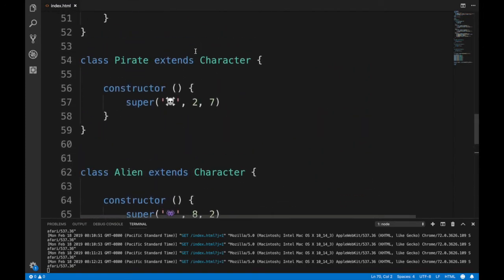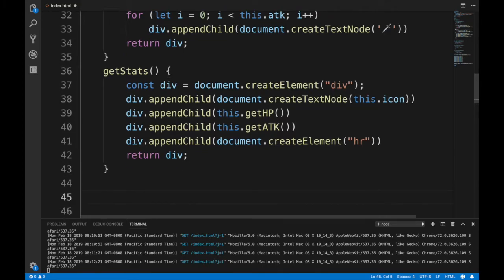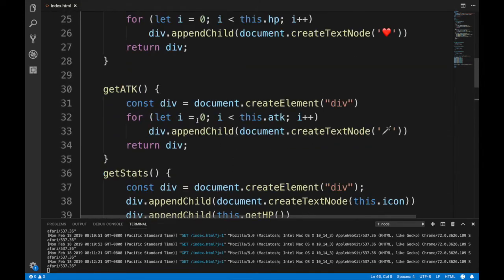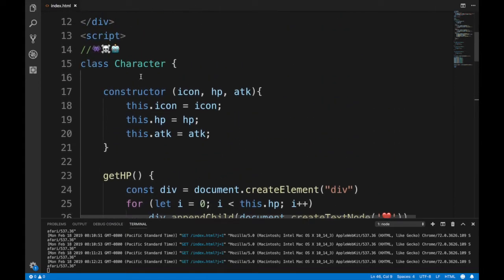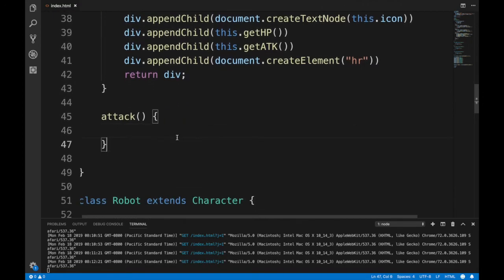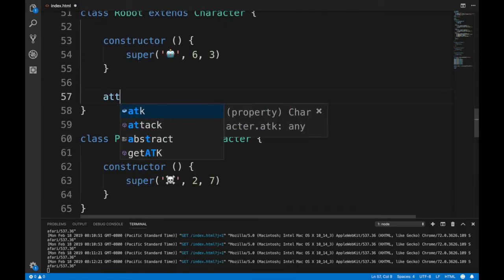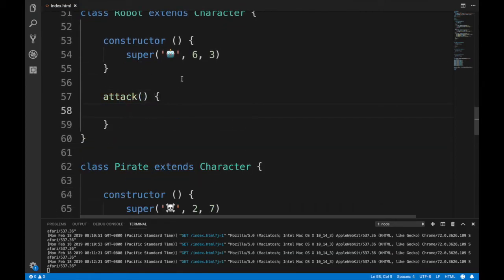I want to actually have a method that does something else, okay? And this method, let's call it attack, right? And then the attack, when you do attack on the character, doesn't make sense. You cannot just create a character. You should really override this method, okay? So it doesn't make sense to do an attack here. But if you do an attack here, overriding this method, we're gonna do an alert and say,